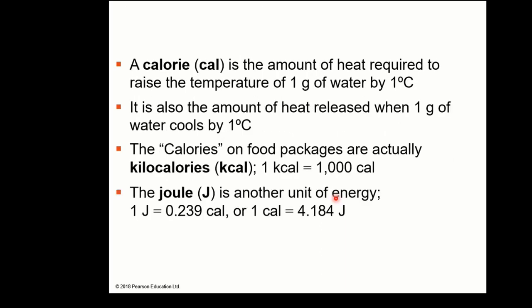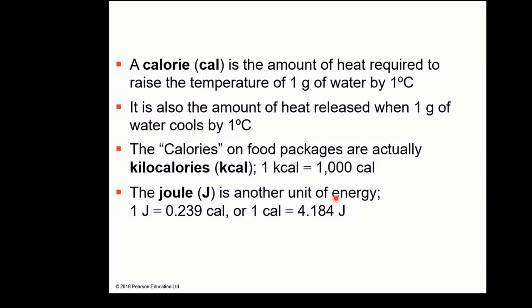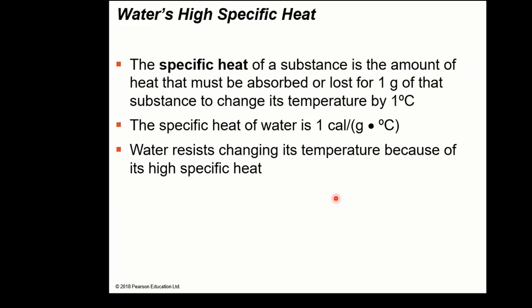So your examiner might ask you to determine these amounts for a calorie, a kilocalorie, or a joule, and sometimes even go further to ask about specific heat. So you will have to describe that the specific heat of a substance is the amount of heat that must be absorbed or lost for 1 gram of that substance to change its temperature. By how much? By 1